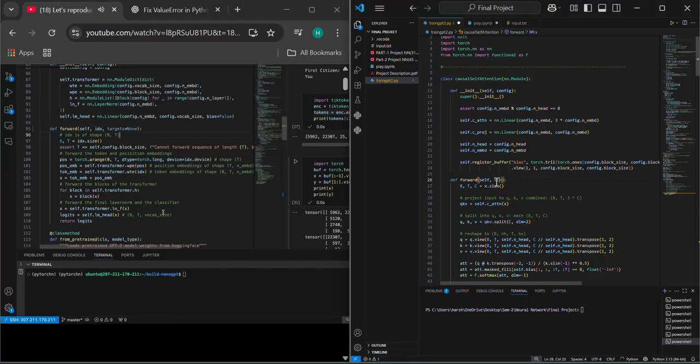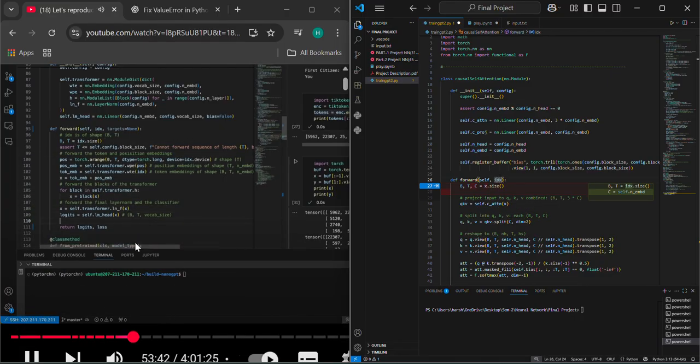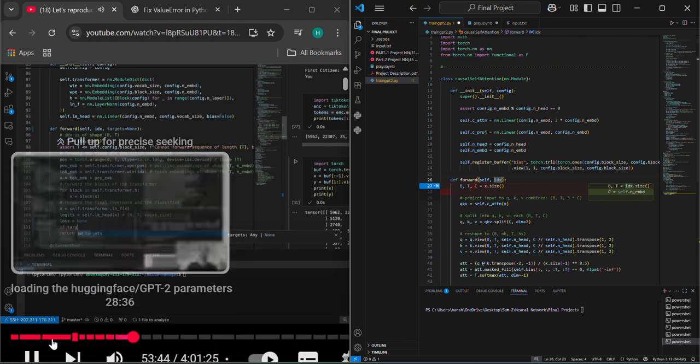And when we get the targets, we can also calculate the loss. Remember that we want to basically return logits and loss, and loss by default is None. So let's put this here: if targets is